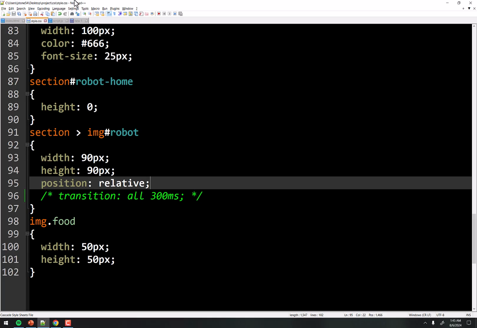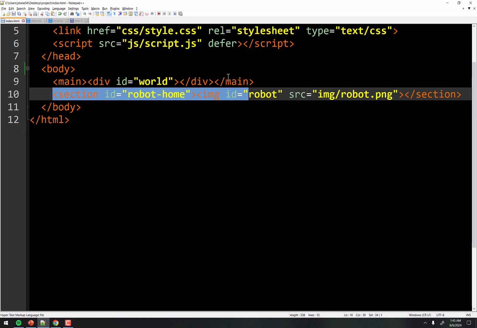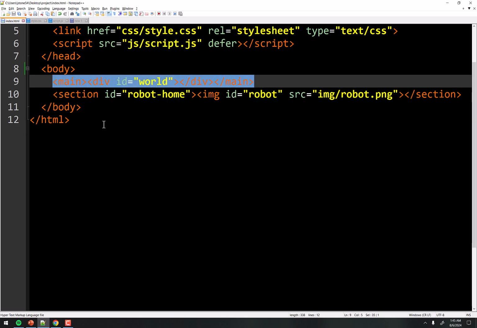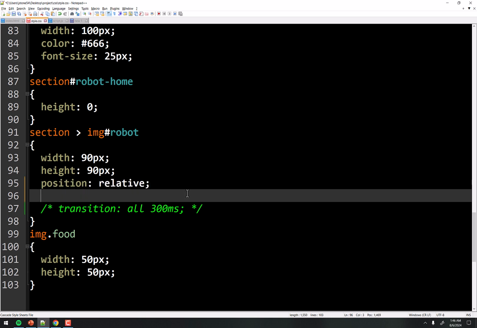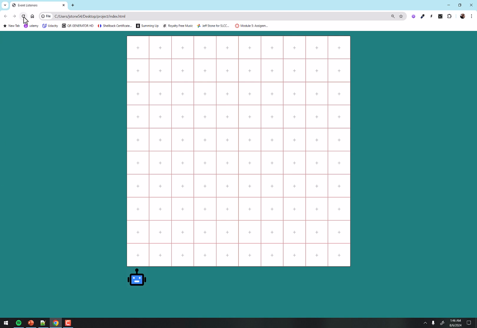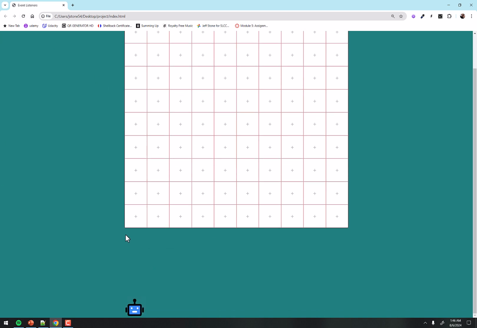And that's because right here, this section is below the world, right? And so that's just where he goes naturally. Well, if I were to set position to relative, which I've done, and then say I want the top to be, let's say, 300 pixels, what that will do is push it down from the top 300 pixels away from where it is supposed to be, right? Which is not what we want to do, but I'm doing this just to demonstrate the point. So now he's way down here. He's 300 pixels from where he's supposed to be, right? He's supposed to be here. And we just said, hey, push him 300 from the top of where he's supposed to be.